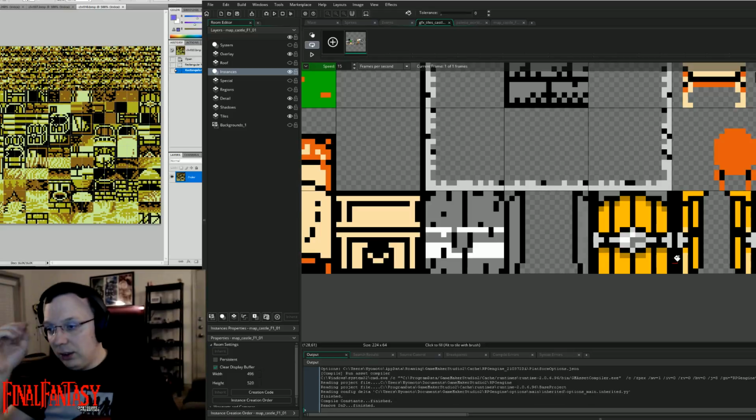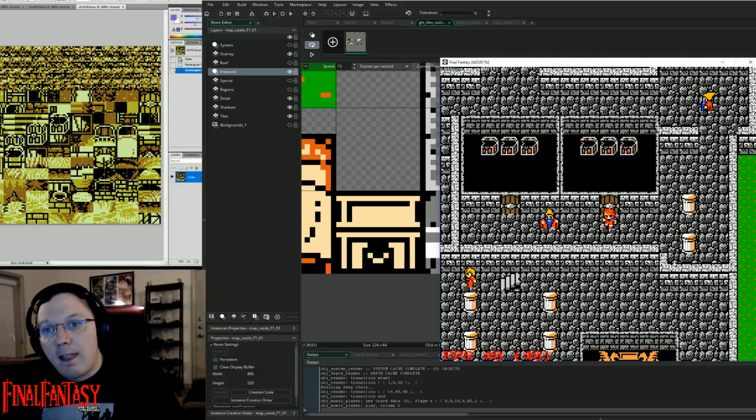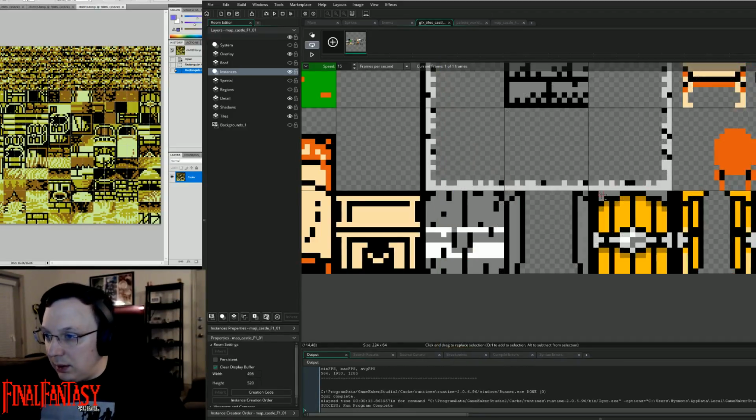So let's see how it looks. Should look better now. The grays should help out with that. Yep, there we go. Much better. Much better. I like that. Much better. I'm gonna expand those on the side. Yep. I got stuff in here. So